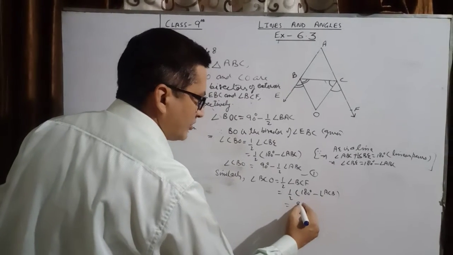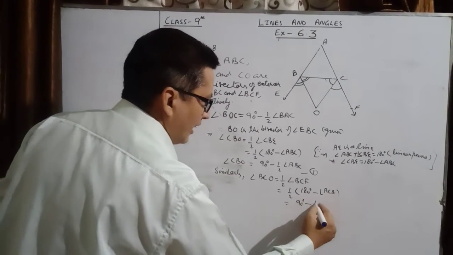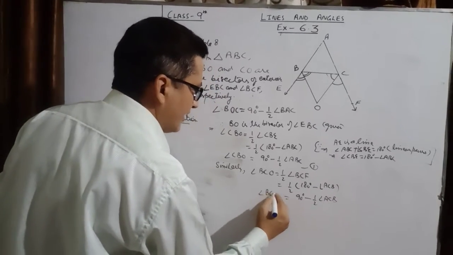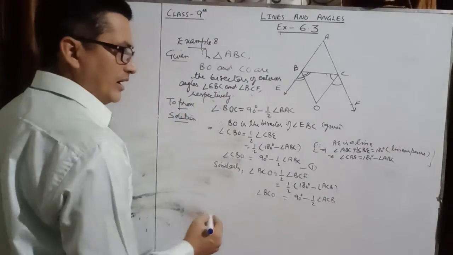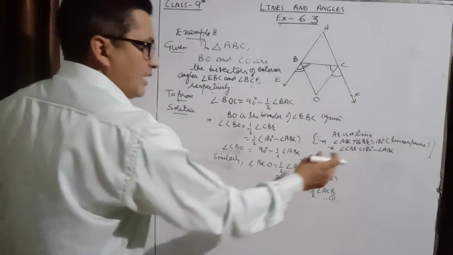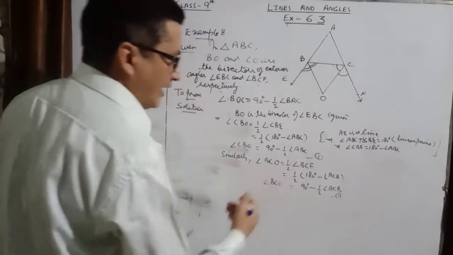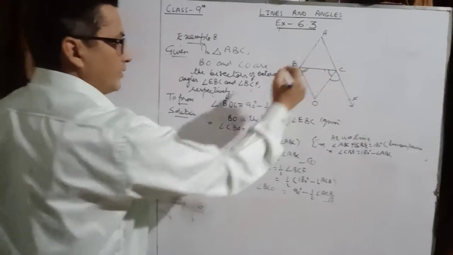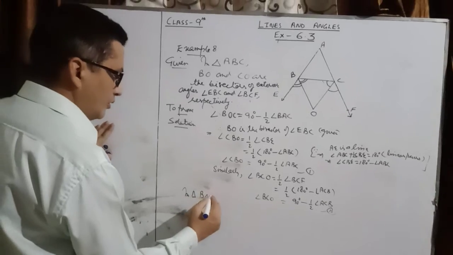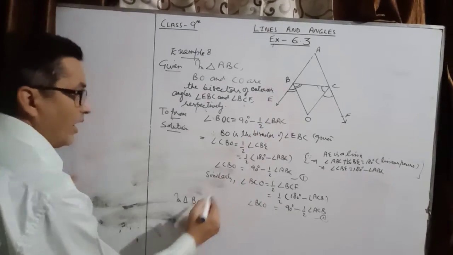So half of 180 कितना होता है? 90, and half of ACB. So बेटा इस तरह से हमने क्या एंगल निकाल दिया? एंगल BCO निकाल लिया. इसको मान लीजिए आप सेकंड. सो सिमिलरली मतलब क्या हुआ कि हमें इसको बार बार प्रूव करने की जरूरत नहीं कि व्हाई वी गेट दिस. नाउ टेक दिस ट्रायंगल. नाउ इन ट्रायंगल BOC, now add these three angles.